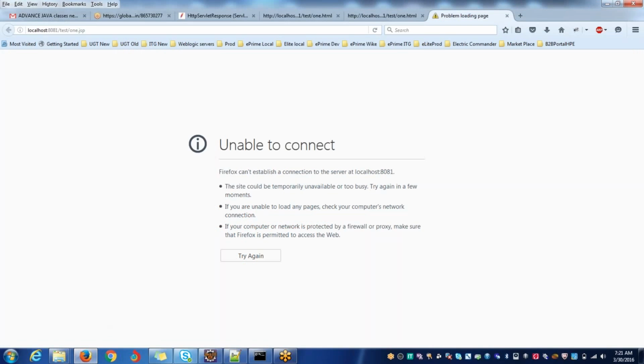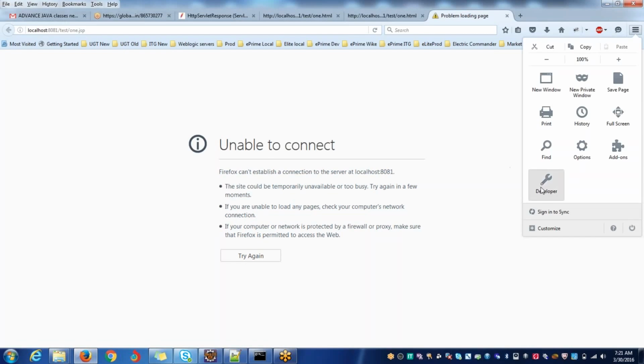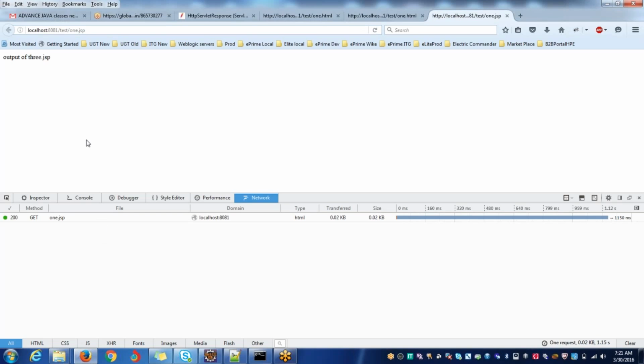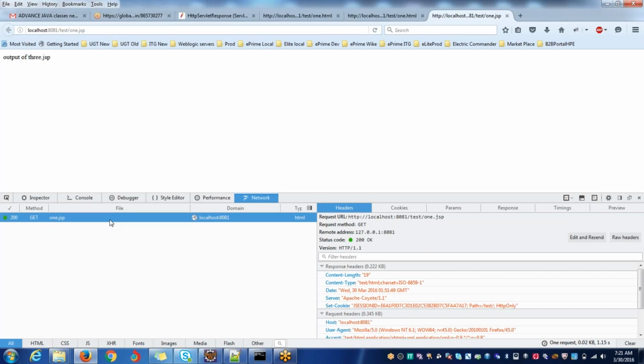Okay, now I'm trying to hit this. Before that, let me start the toggle tools. Just click on enter. Yes, I got the 3.jsp. I forwarded from 1.jsp to a 3.jsp file. Right now, see the status code here, 200. The request URL is this one, and we used the GET method, and the status code